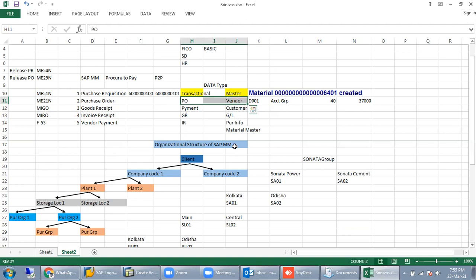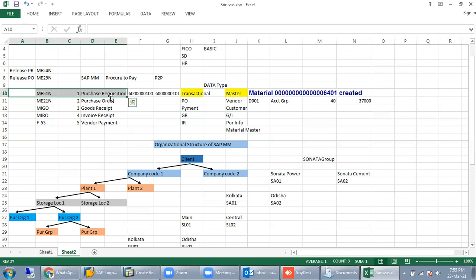I mean, I'm talking about the purchase requisition. No, you are talking about the purchase requisition exactly, but in a purchase requisition, a vendor is not required. Why would a vendor come in the purchase requisition? So you mean it's an internal record? Exactly, that is an internal record. And the purchase order is external, because we are going to give that purchase order to the vendor.